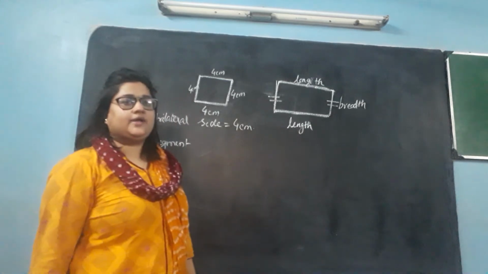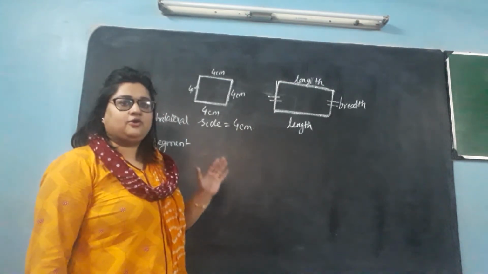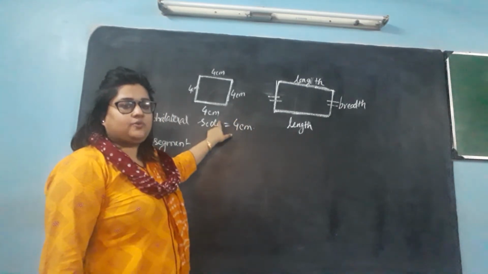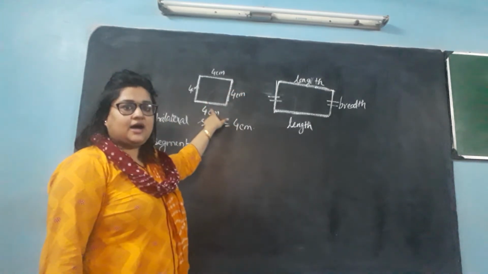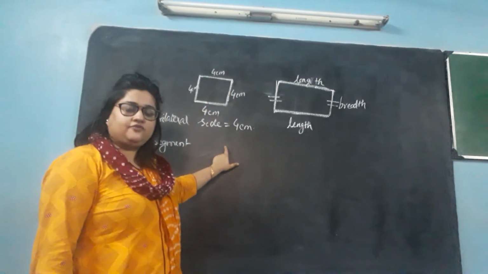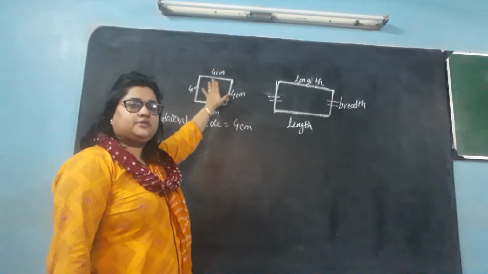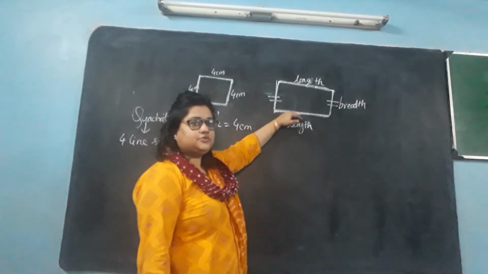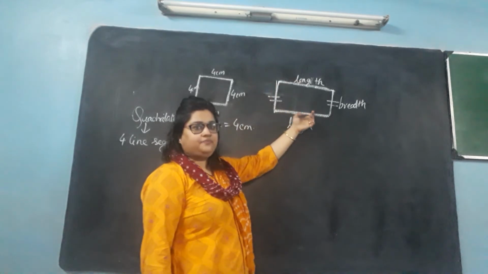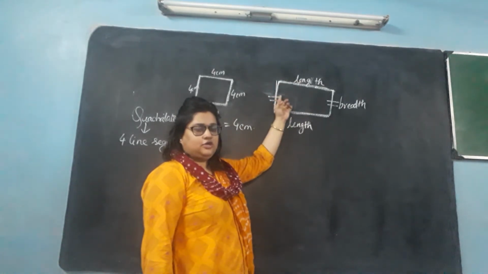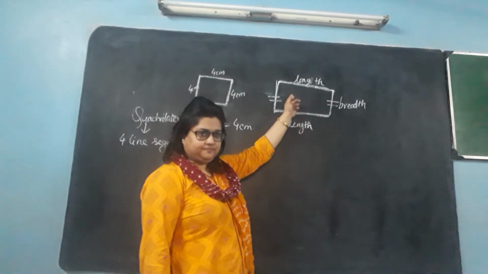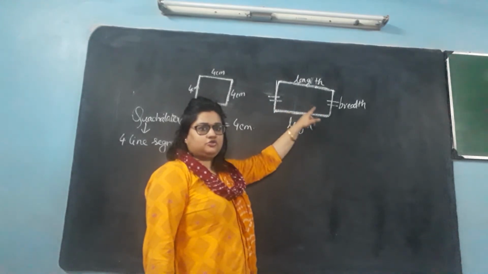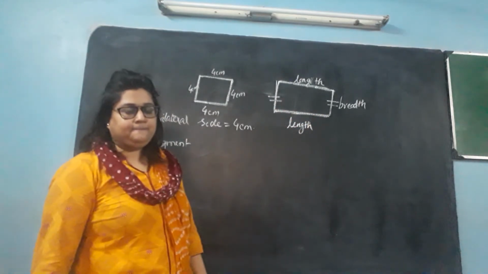So in a rectangle you can see it is also a quadrilateral made of four line segments, but the difference between square and rectangle is, in a square all the four line segments are the same. So if I know only one side of a square, we know all the measurements of all the different sides of the figure. But in case of a rectangle, the two opposite sides measure the same. So the longest side is known as the length and the shortest side is known as the breadth. Here also two opposite sides are similar.